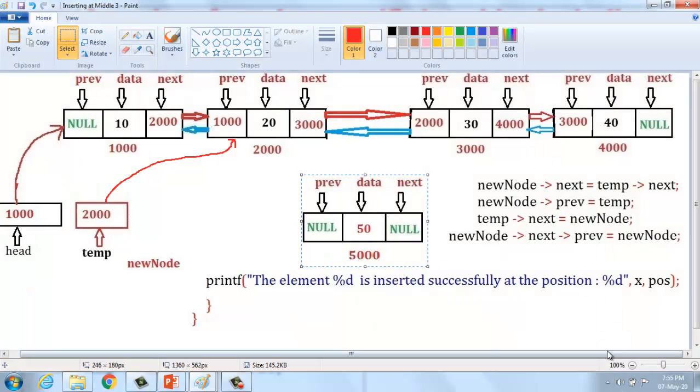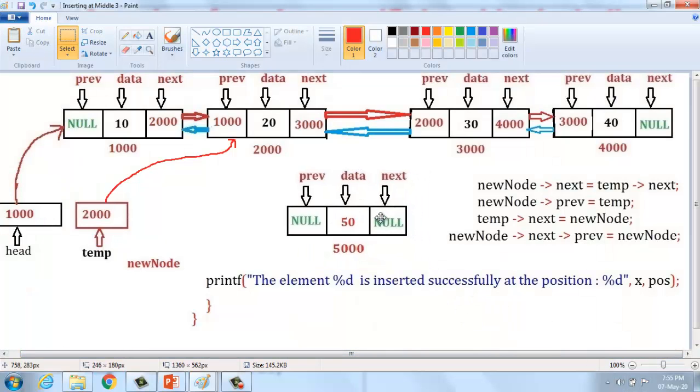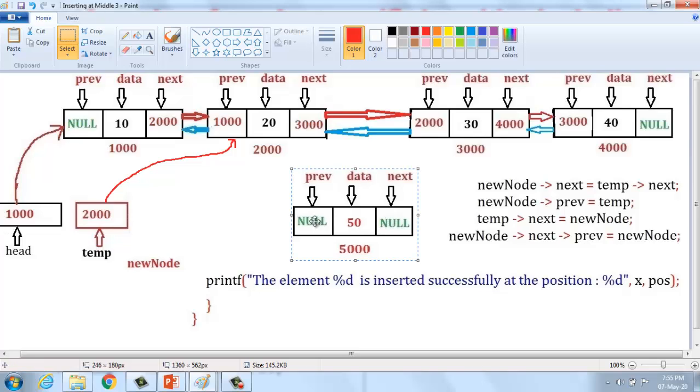Alright, so I'm going to create a new node, the value is 50. Okay, that is x is equal to 50. I'm going to make a pointer, that is new node next is this location, equal to temp of next. What is temp of next? Temp is 2000, 2000 next is nothing but 3000. Okay, so I'm going to create a link.